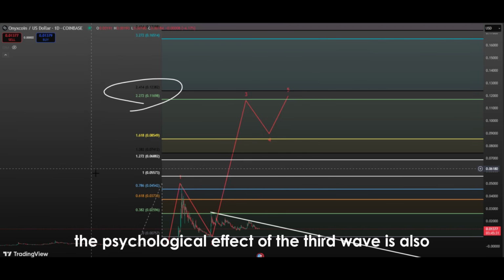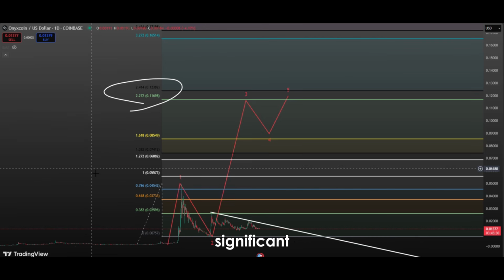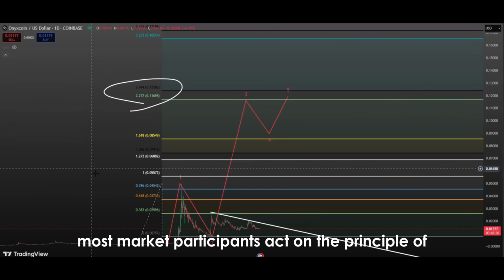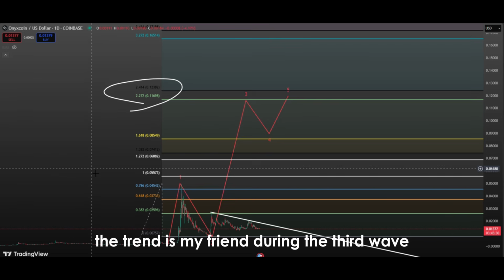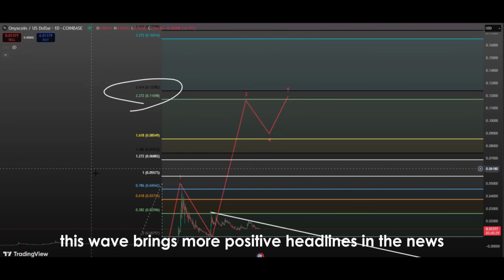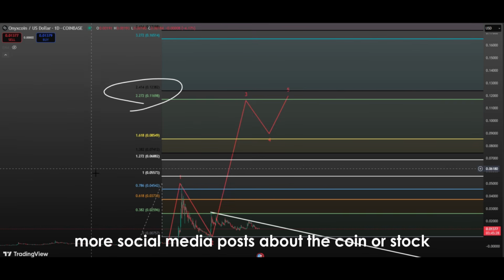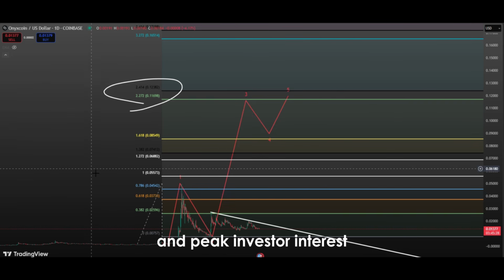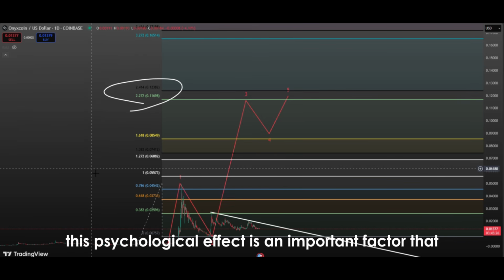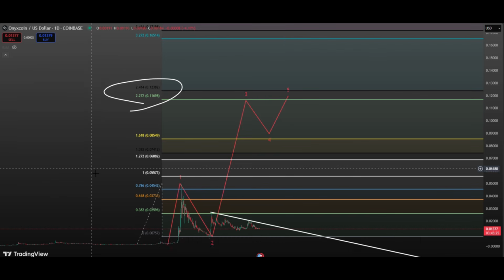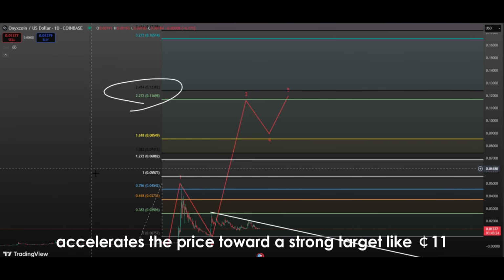The psychological effect of the third wave is also significant. Most market participants act on the principle of "the trend is my friend" during the third wave. This wave brings more positive headlines in the news, more social media posts about the coin or stock, and peak investor interest. In such an environment, FOMO, fear of missing out, kicks in, driving the price upwards even faster. This psychological effect is an important factor that, alongside technical analysis, accelerates the price toward a strong target like 11